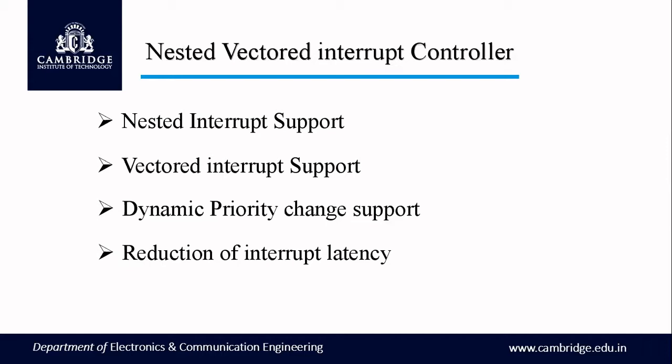Interrupt latency is nothing but the time between the interrupt being generated and the interrupt being serviced. So if this time is minimum, it means the interrupts are serviced as and when they come. So there would be a reduction in the interrupt latency too. And you can even mask the interrupts by using the three special registers meant for interrupts. So interrupt masking, that is, disable the interrupts using the interrupt mask registers. So these are the functions which would be handled by the NVIC block exclusively for handling the interrupts.